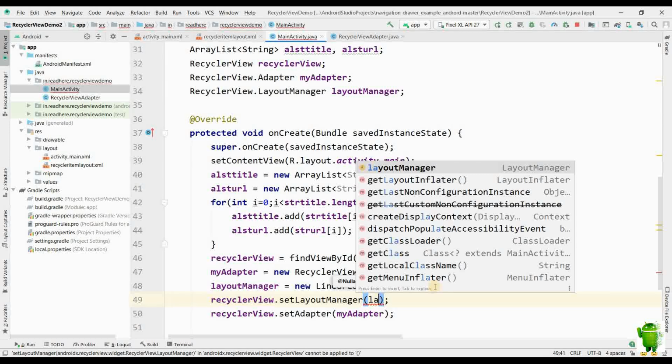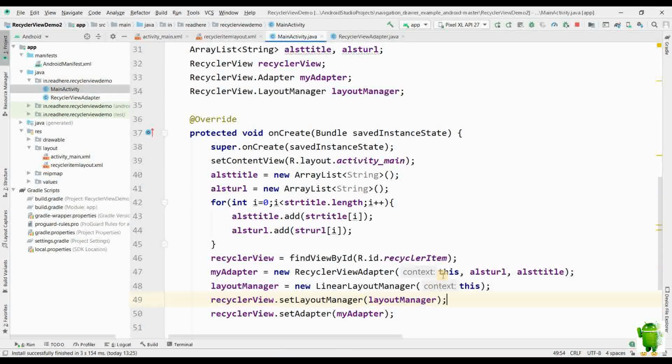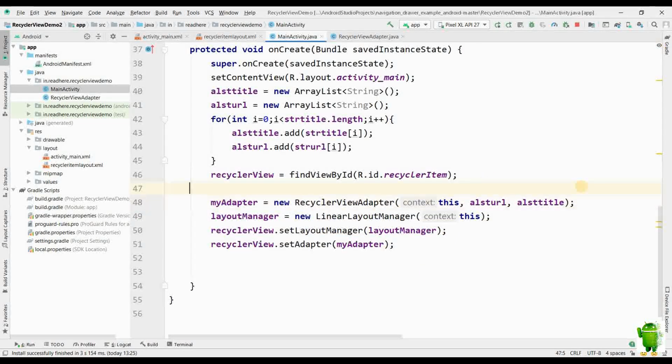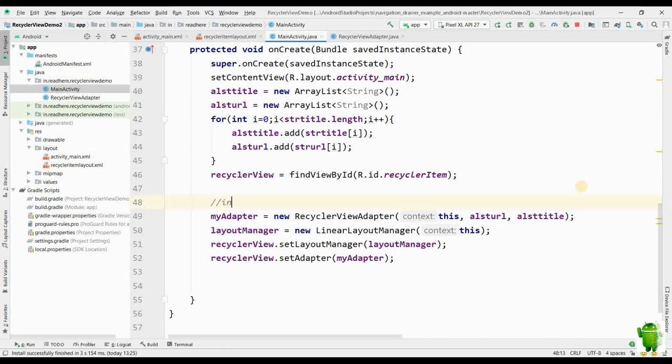Now we'll set the layout manager to recycler view by recycler view dot set layout manager and recycler view dot set adapter my adapter. So this is it, the code is done.